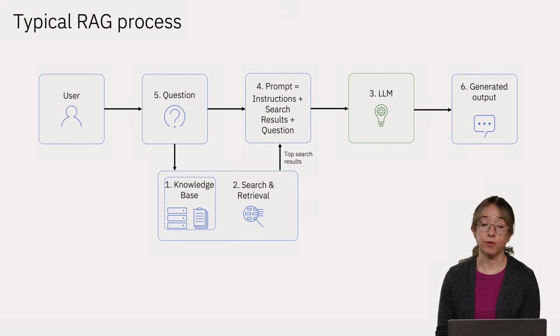Our query is searched for in our knowledge base vector store, the top results are returned as context for the LLM, and finally, the LLM generates a response. I'll walk through all these steps again in the Jupyter Notebook linked in the description to this video.